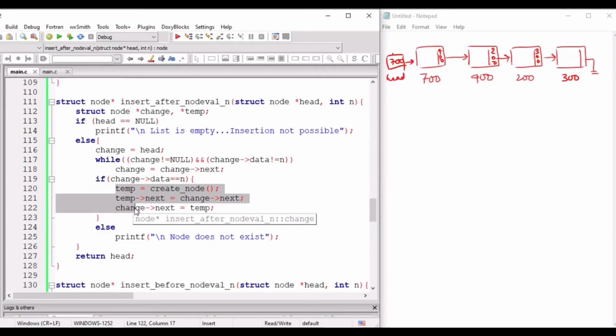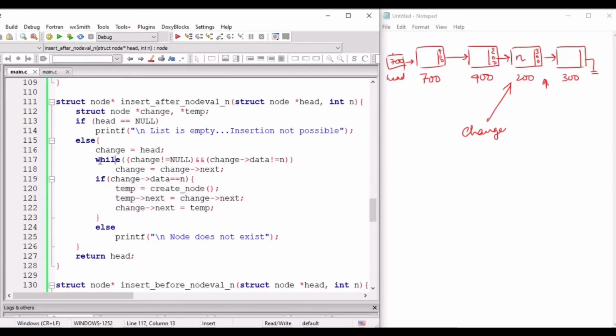We have something like this, and say the value n is present in this particular node. That means we have to insert the new node over here. So if we have to insert the new node over here, we have to somehow set the pointer change at this position. So for that, we have used this while loop over here.